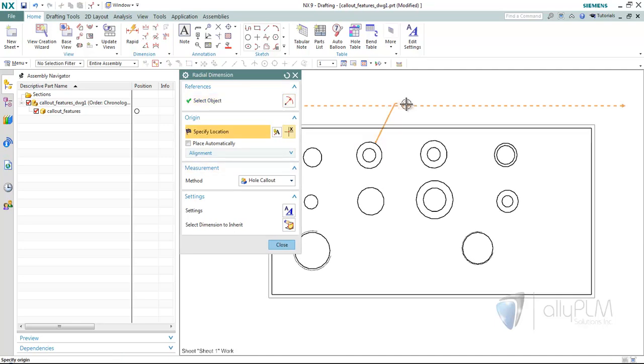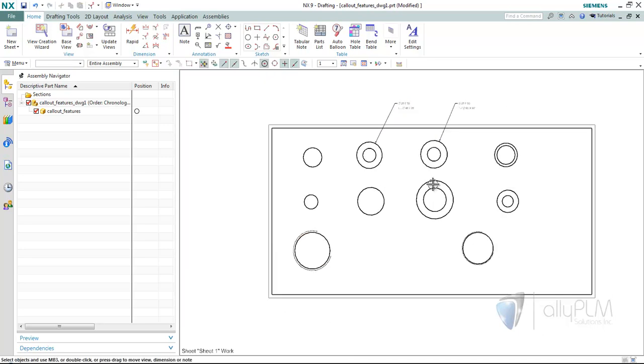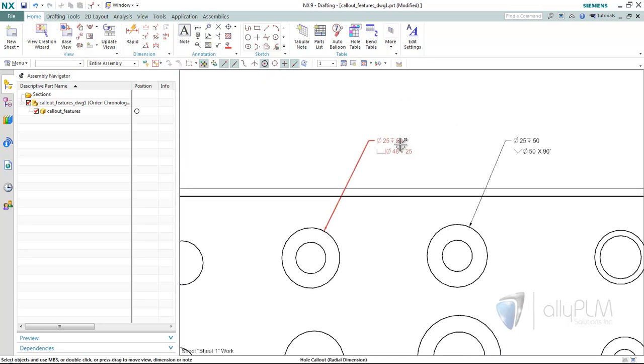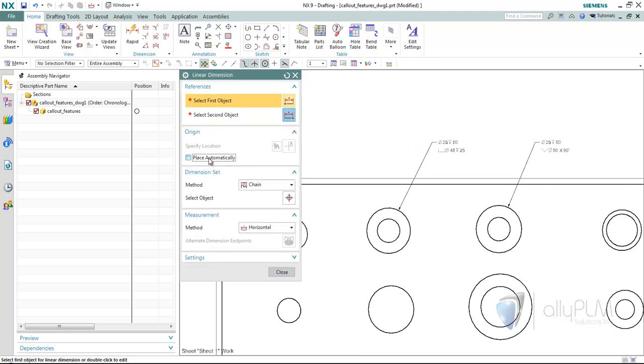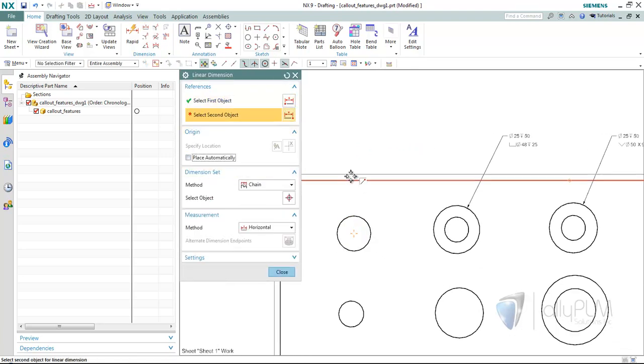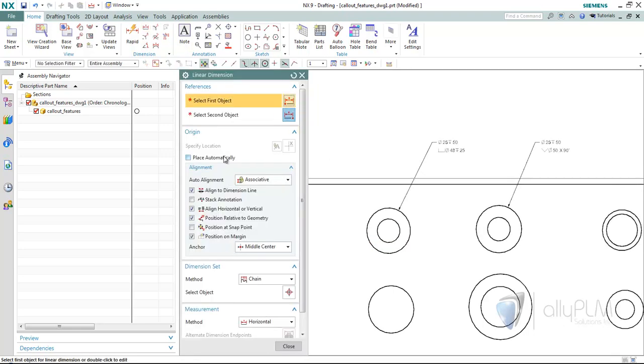So if I go back into the radial callout, I'm going to come up here and grab this counterbore hole, this countersunk hole, and notice the margins. It's extracting that information. If I did a linear dimension, I'm going to turn off place automatically, and I grab this. Go ahead and do that again. If I go back to linear,